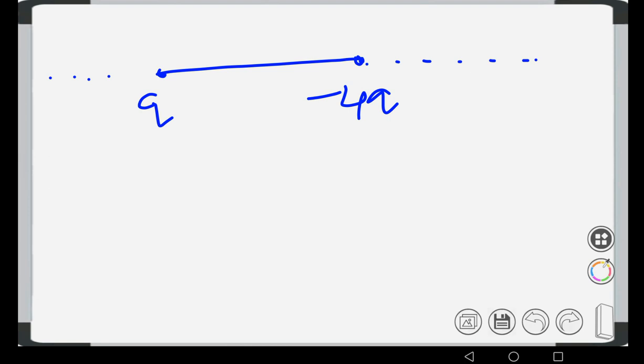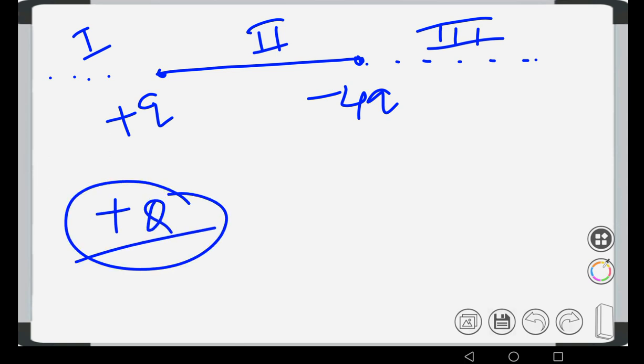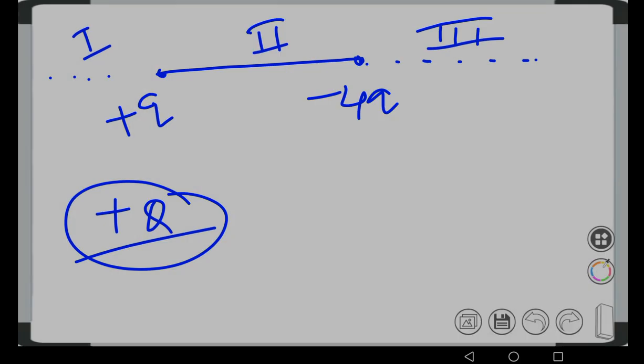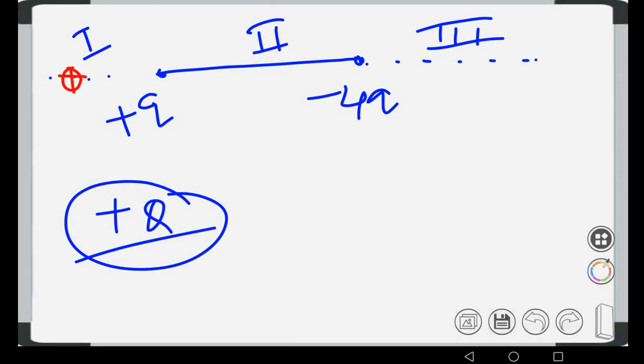For such a question, again there are region 1, region 2 and region 3. The sign of capital Q is not given, so let us assume that it is positive. Now if we put capital Q here in the first region, we can see that it will be repelled by the plus q charge and attracted by the minus 4q charge. So there is a chance of getting net force 0. Similarly, in the third region also, it is repelled by the small q charge and attracted by the minus 4q charge. Again, there is a chance of getting net force equal to 0.